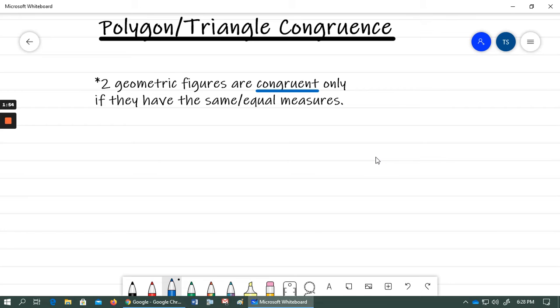Or we could be talking about more complex types of geometric figures like polygons, okay? So two polygons are congruent, and we'll get there. You thought I was going to say it right there. But for real though, two polygons are congruent if they have the same measures. But of course, we'll give that a formal definition just in a little bit. All right, so guys,